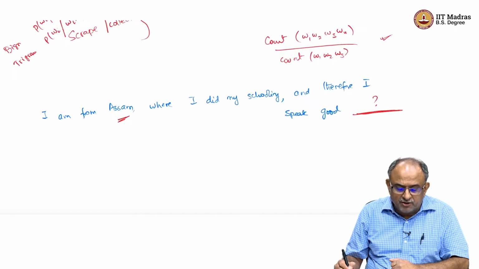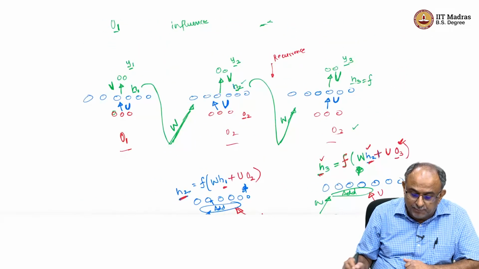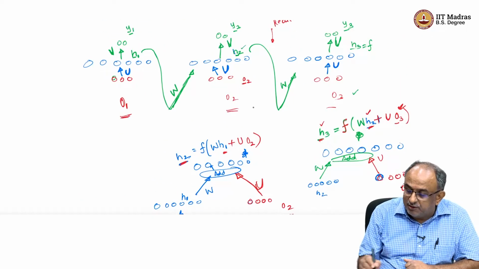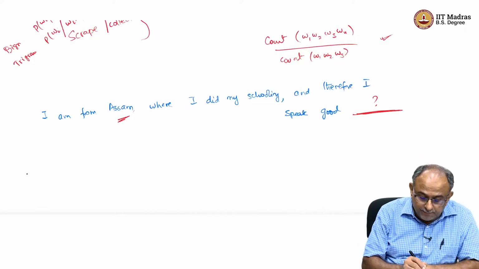Okay, so what does a recurrent neural network do? So remember, in a recurrent neural network, I give inputs. Here I have taken MFCC, but I can as well give words. So what I do in a recurrent neural network for language modeling,